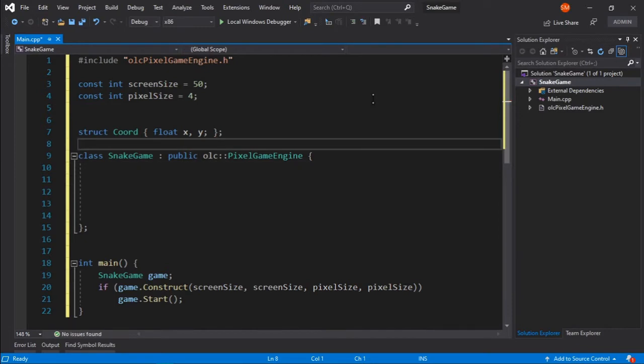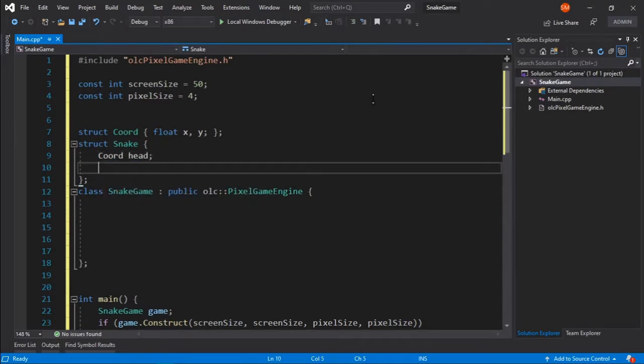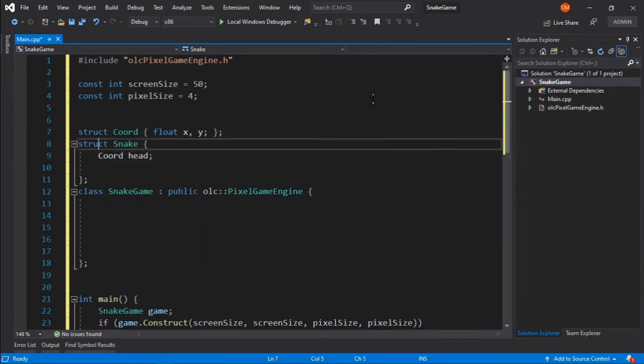And we can also have a struct called Snake, and all it will have is a Coordinate called head, and a vector of coordinates.